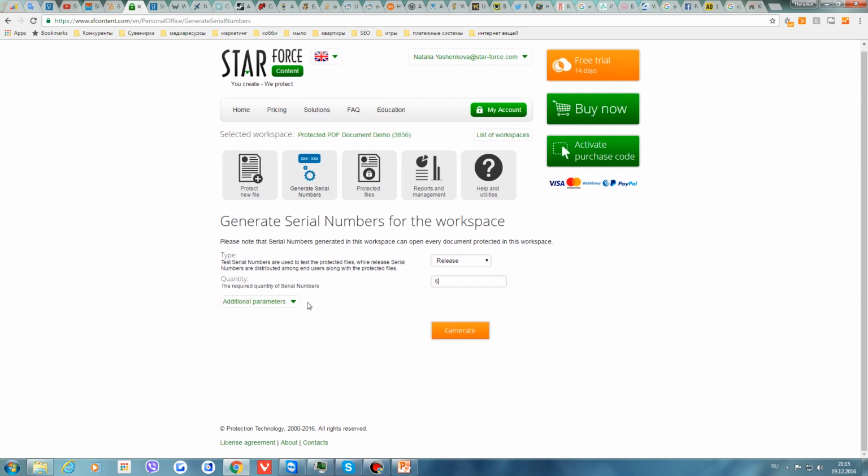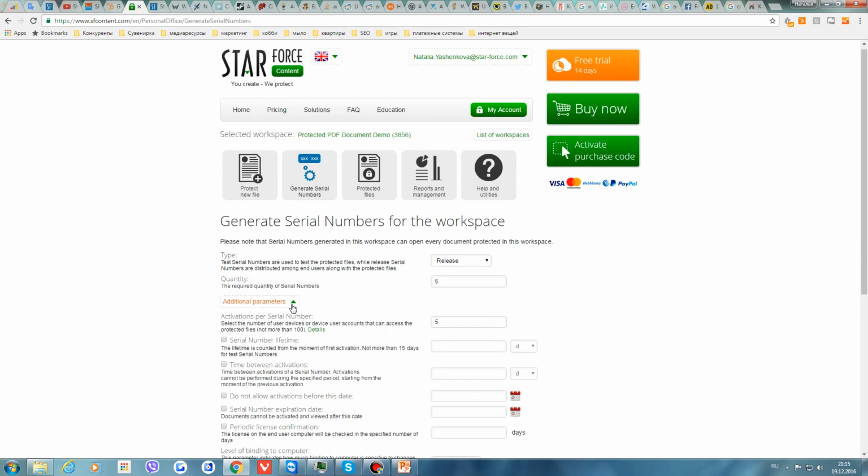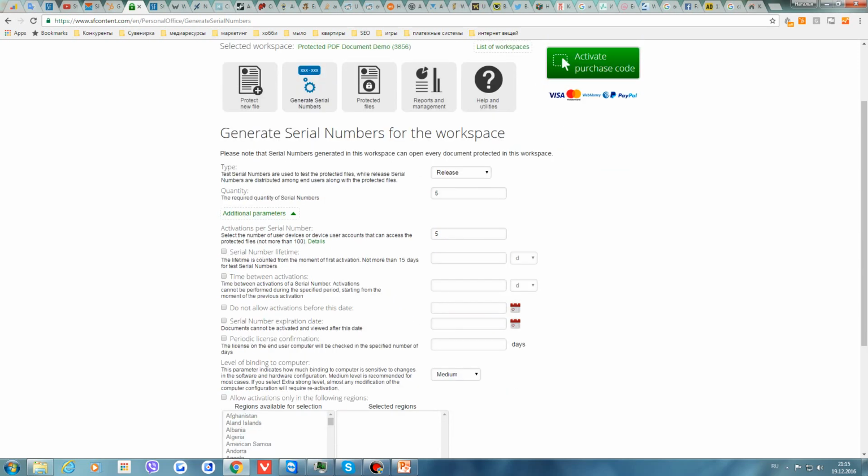Okay, let's see our additional parameters. Activations per serial number. As we remember, it's the number of devices where you expect your content should work. We recommend to select a minimum, for example 1 or 2, if you expect your content will work on a home computer and at work, or for example on a computer and on a mobile phone, if we are talking about documents.